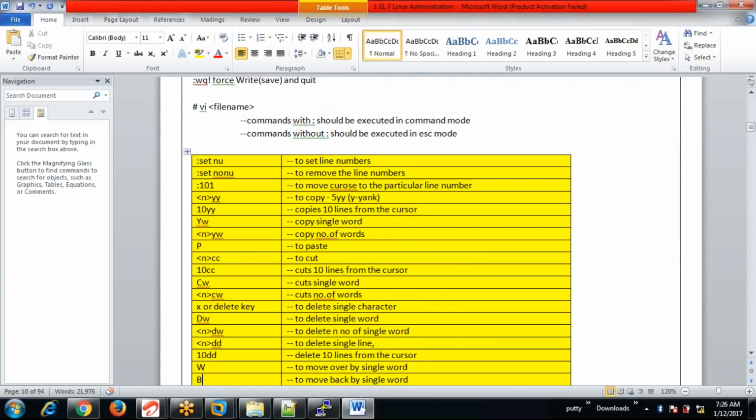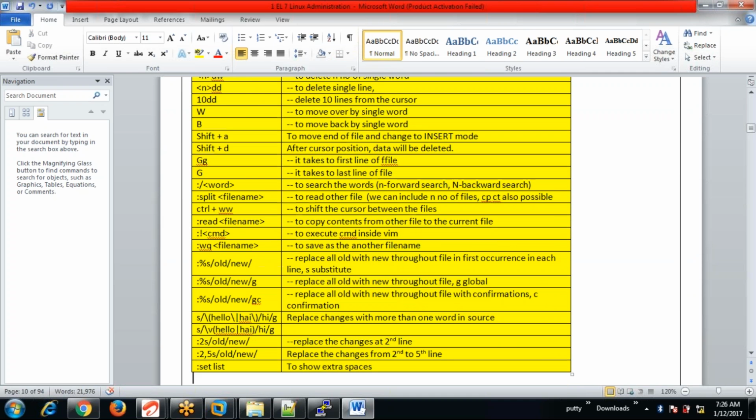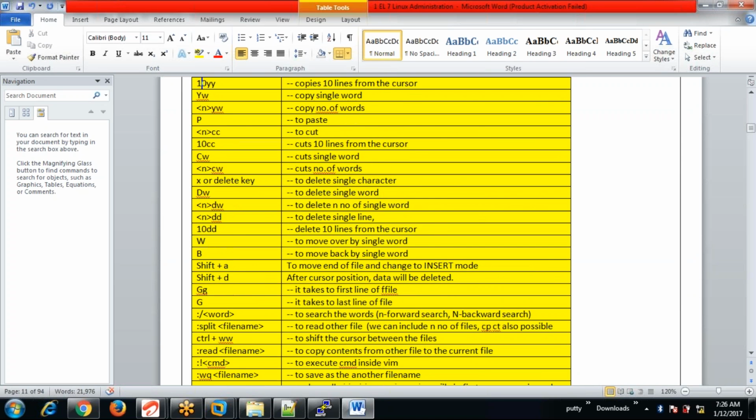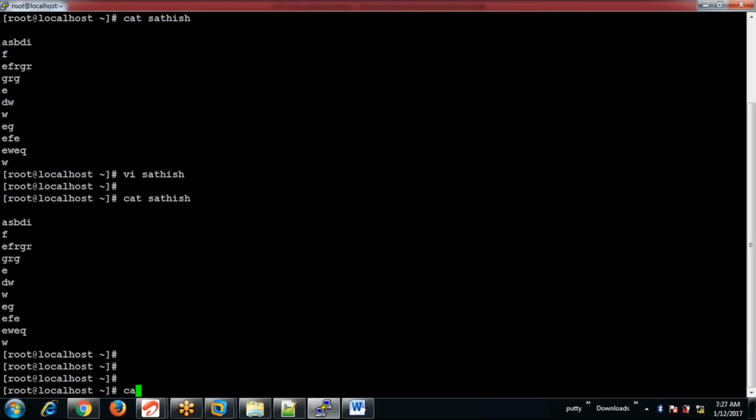Now we are going to see all these commands, how to use them in VI and how they get reflected.